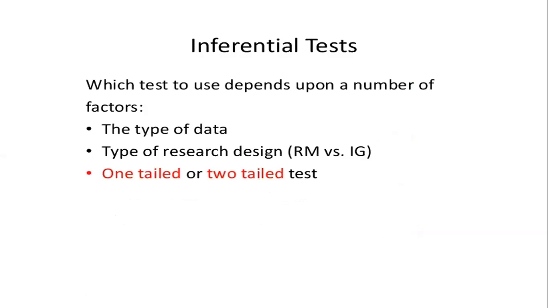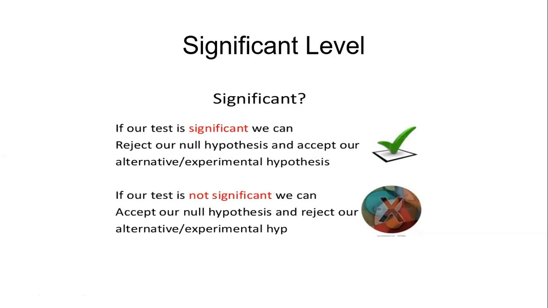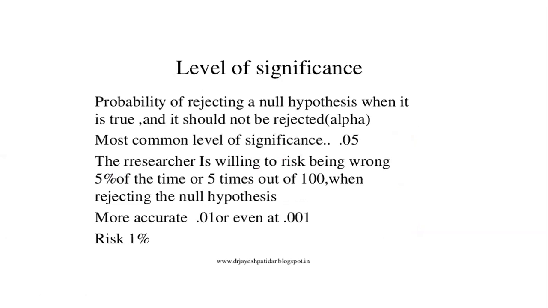So I think it is clear what significance level and significance are. Significance is always a probability. Normally, we explain it this way: it is a 5% chance or 1% chance of being wrong. As I told you, there is always a chance of getting errors when you are sampling. So that is why we have to use a significance level, right?